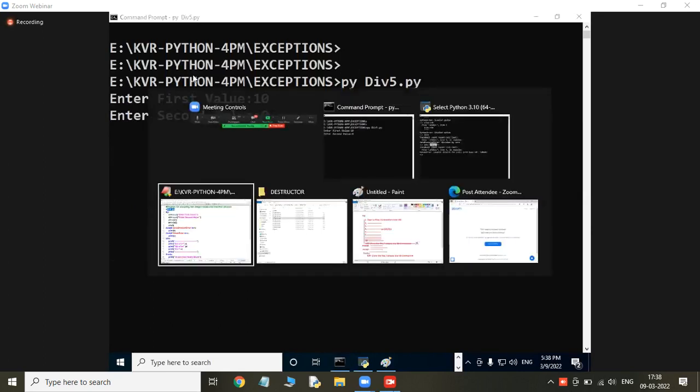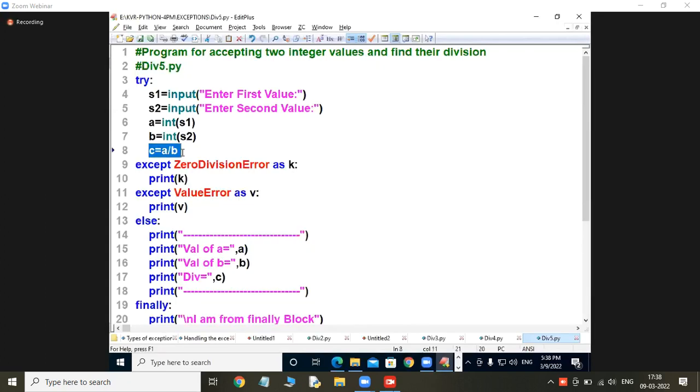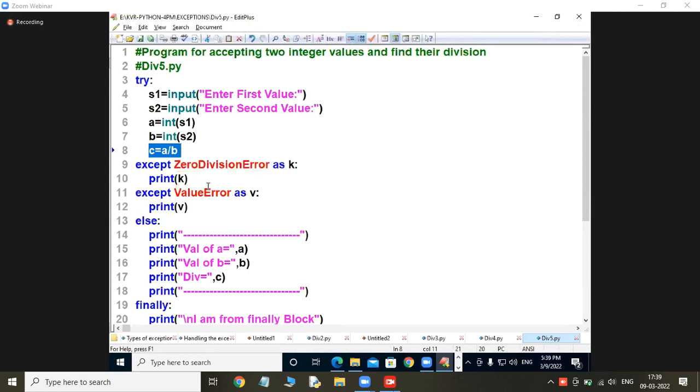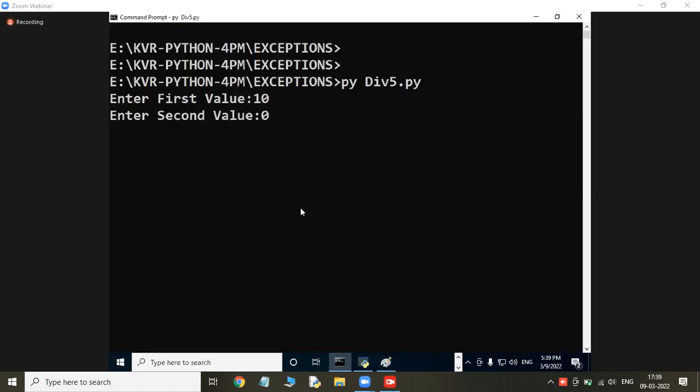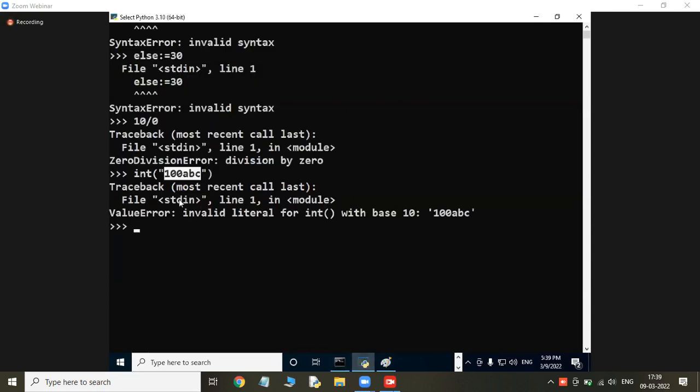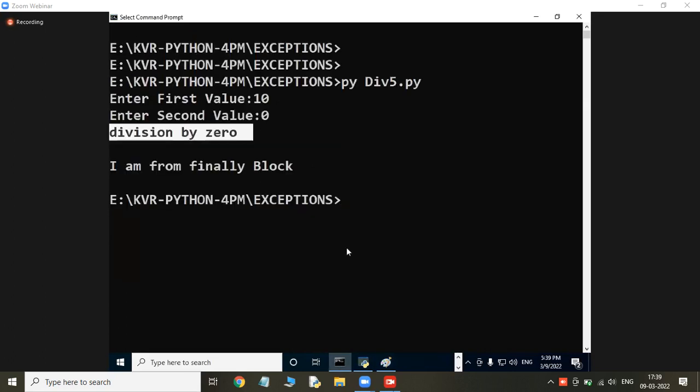Which line is the problem here? This one. It jumps out of where? This place it will come, and k takes what? ZeroDivisionError is coming. Due to that some message is coming or not? That message will be registered in where? That k will print. See the output of it. Division by 0. Understand? That is the division by 0 I showed you just now. Division by 0. Understand? Okay, sir. Go, sir, once again.